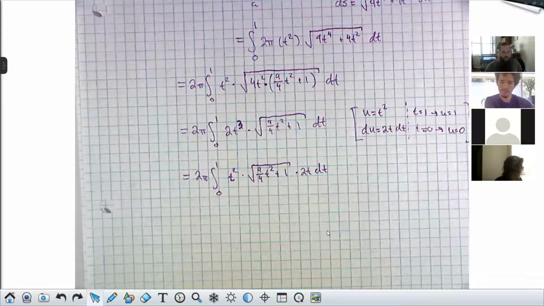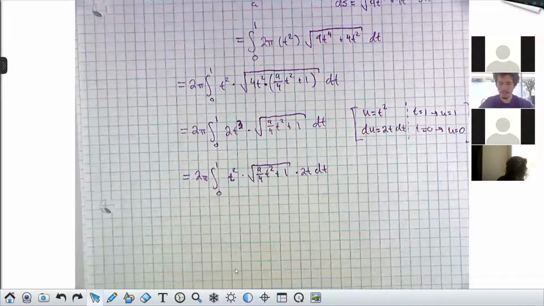Now that 2t dt, that's du. And the other instances of t there are t squared, so those will just become u's. So this becomes 2 pi integral 0 to 1